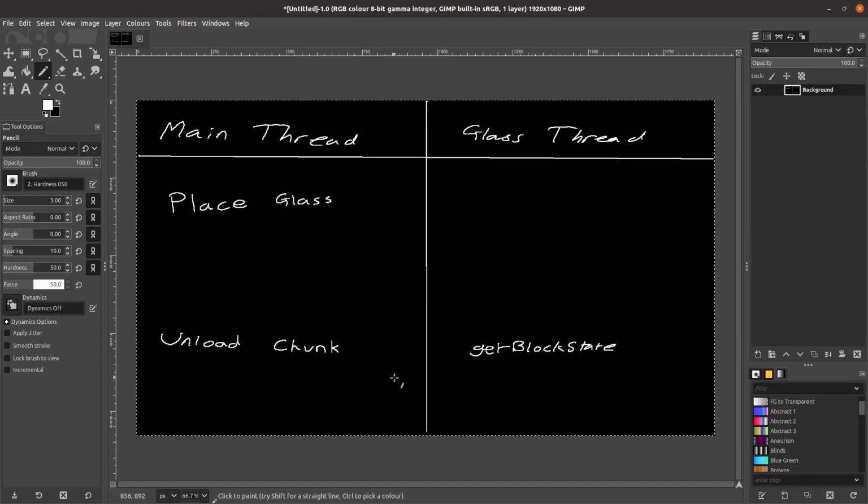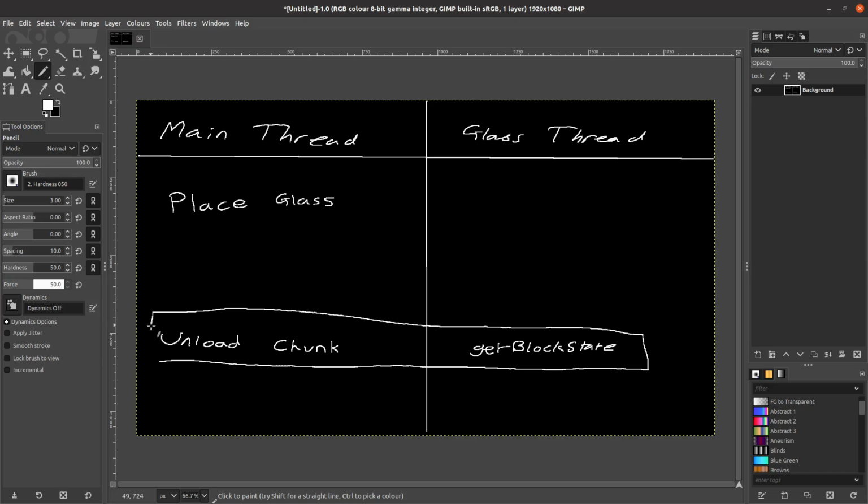So we now know that this stuff here, this is in the unload chunk phase. Okay, so to get the glass thread at all, we need to be placing a glass on the main thread, or breaking one. How do we do that? We know it needs to be as late as possible before this unload chunk. Right? So let's go back and look at our